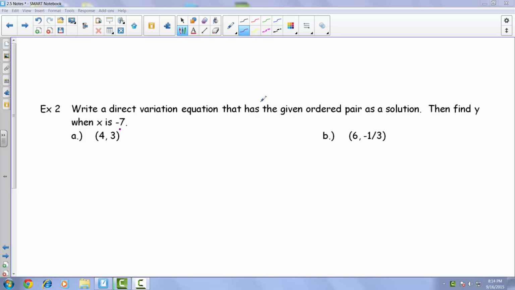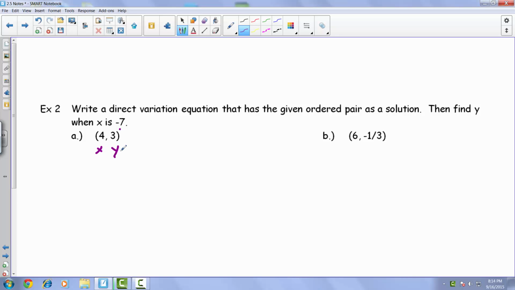Here we are at example 2 from our 2.5 set of notes. We're asked to write a direct variation equation that has the given ordered pair as a solution. And then after we do that, go ahead and find out what y is, if you know that x is -7. So just starting out at A, we see that we end up with the ordered pair with some x